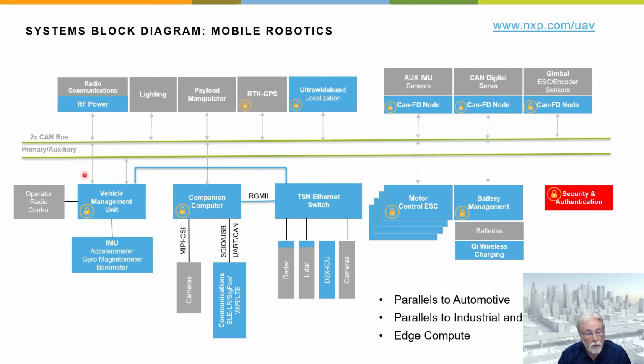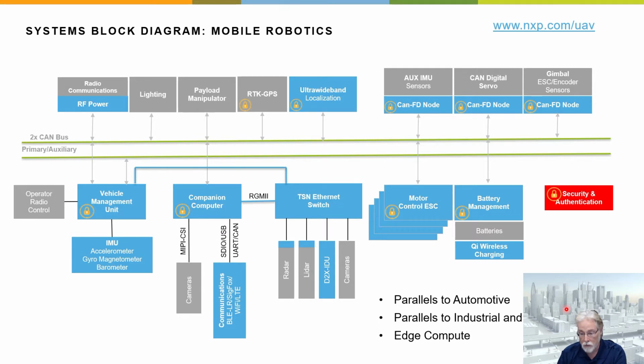You'll be familiar with this vehicle management unit. This would be a PX4, PixHawk type flight controller, and then a companion computer being a Linux-based companion computer. We've introduced also the concept of using one of the automotive TSN, time-sensitive network Ethernet switches. And in particular, we're focusing on T1 Ethernet, which is a lightweight 2-wire Ethernet implementation. So this follows many parallels to our activities in the automotive industry with autonomous vehicles and safe and secure, functionally